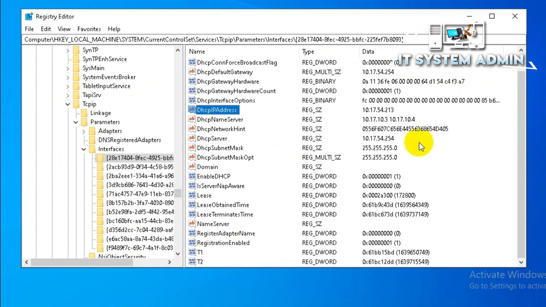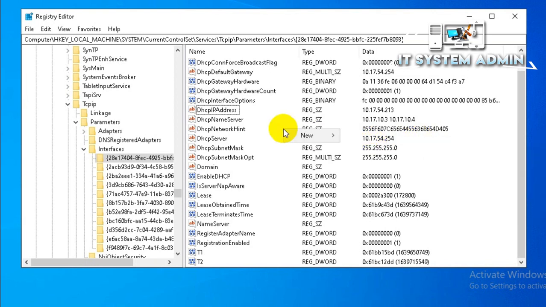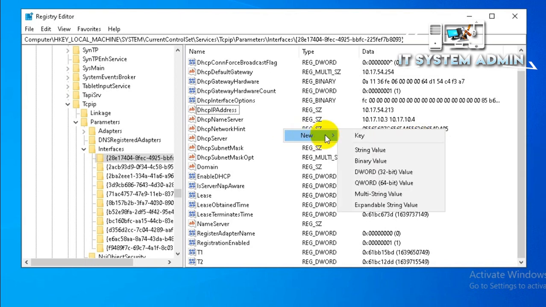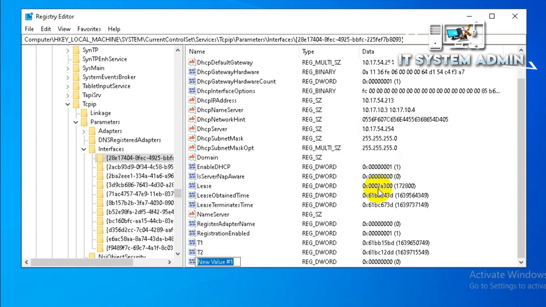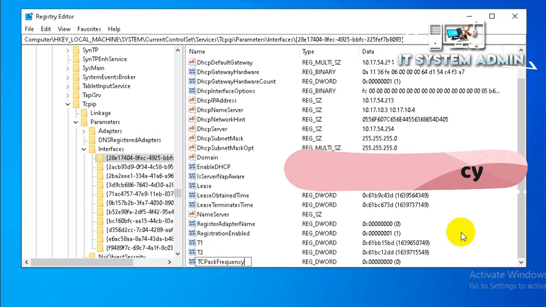Now right click on empty area, click New, and click on DWORD 32-bit value, and the name will be TcpAckFrequency.